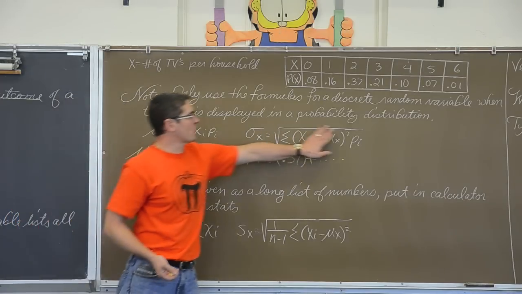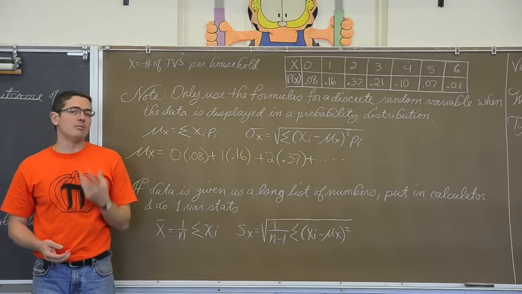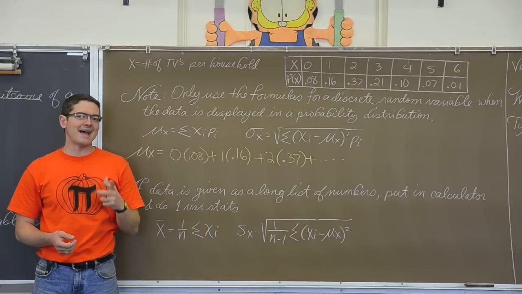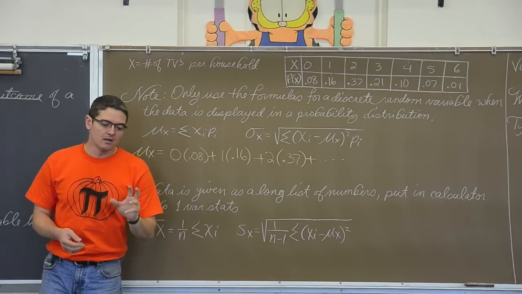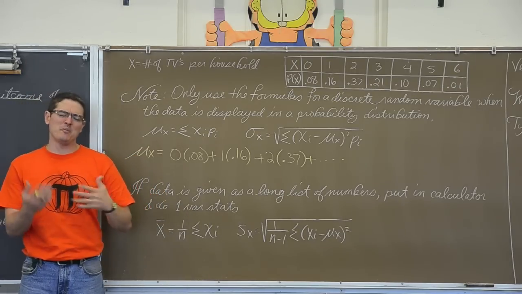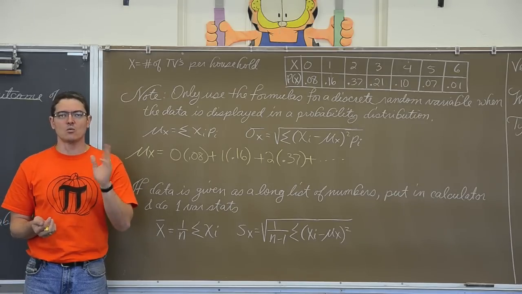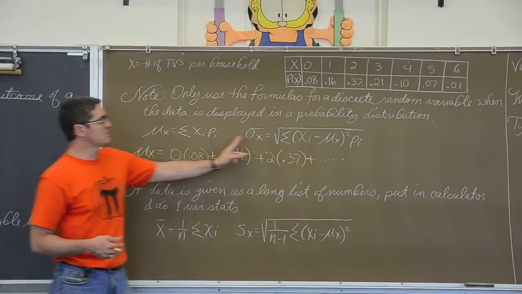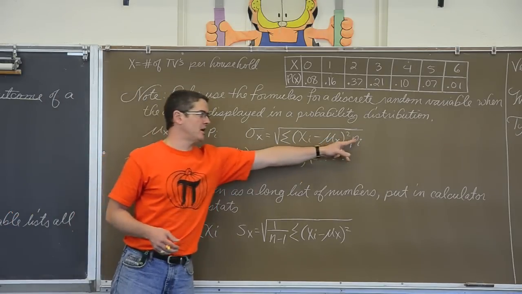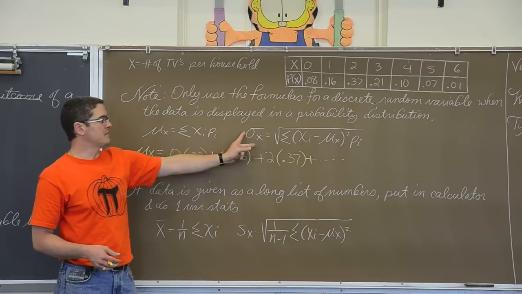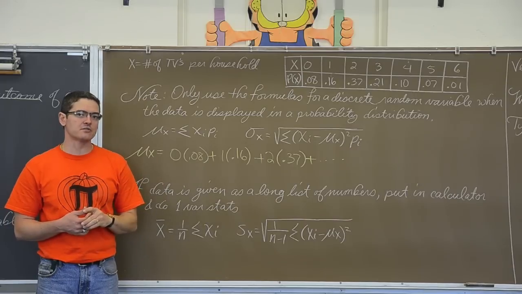This formula will probably be worked out using your stat edit lists, where you have L1, L2, L3 in your calculator. We put data in that screen when we were doing scatter plots, like the x's would be in list 1 and the y's would be in list 2. Well, you can use some calculator commands at the top of those columns to help simplify or make more efficient use of calculating that standard deviation formula.